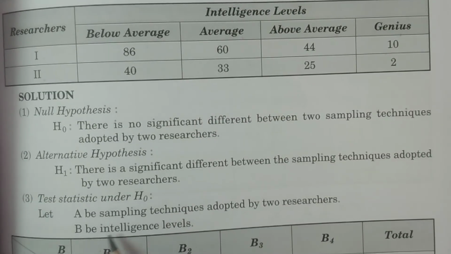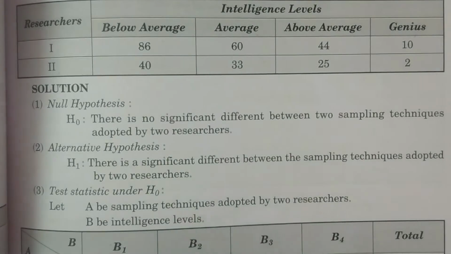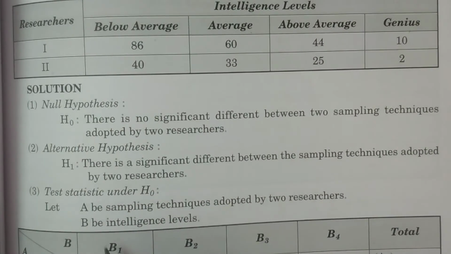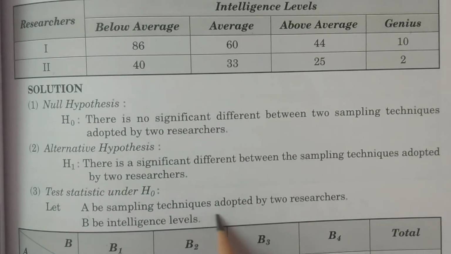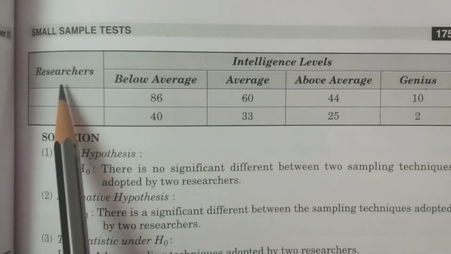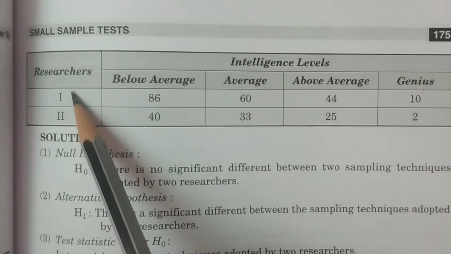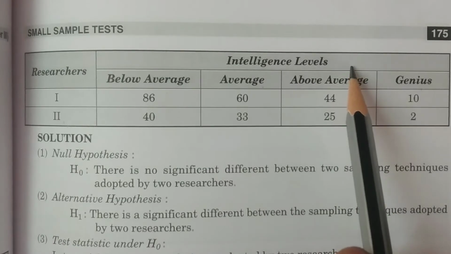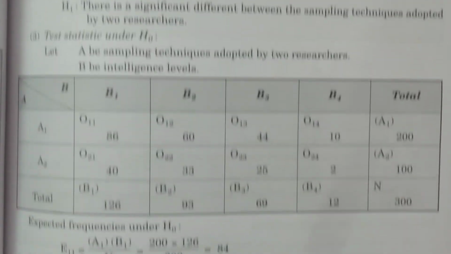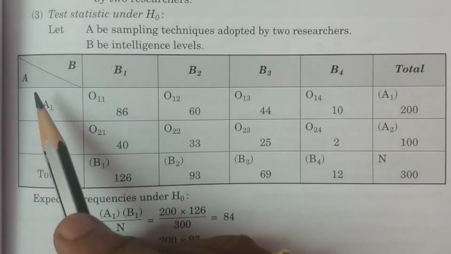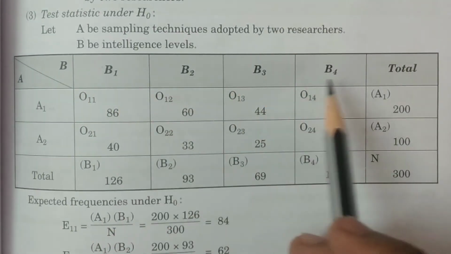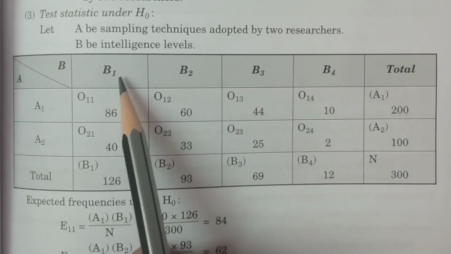And the third point is the test statistic under H0. In the test statistic, what you have to consider, first of all, is the contingency table, for which you consider attribute A as the sampling techniques adopted by the two researchers, and attribute B as the intelligence levels. You see here, this is the sampling techniques adopted by the two researchers, 1, 2, and these are the intelligence levels. The two attributes A and B we have considered, for which we have prepared the contingency table. The contingency table is nothing but A having two attributes A1, A2, and B having 4 classes, or we can consider a class as an attribute, B1, B2, B3, B4,